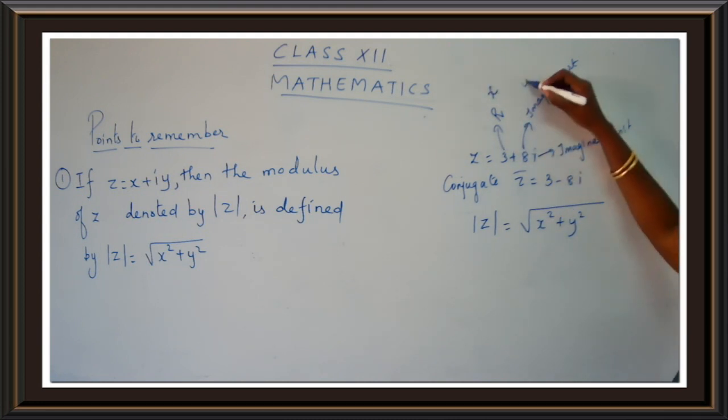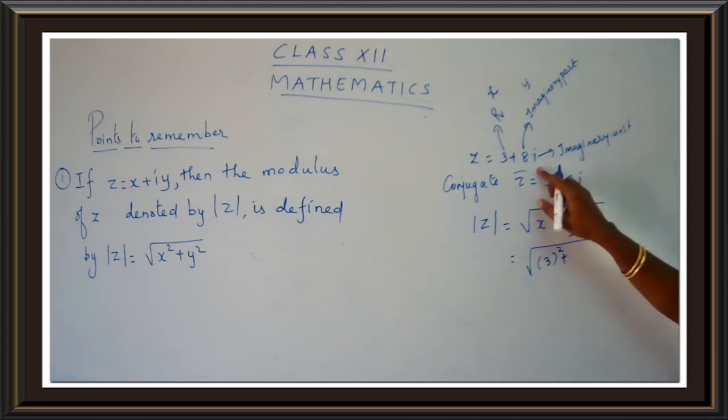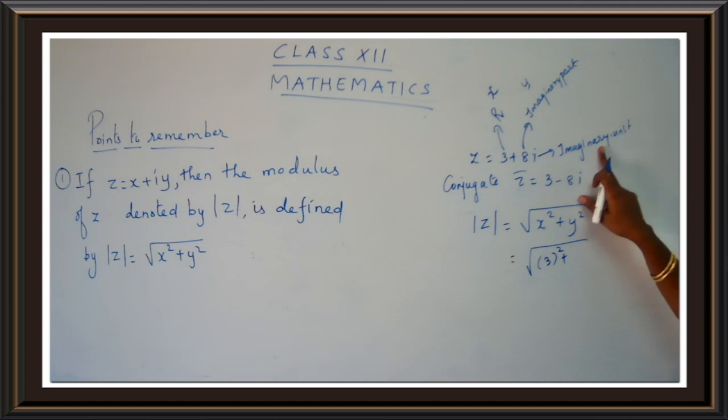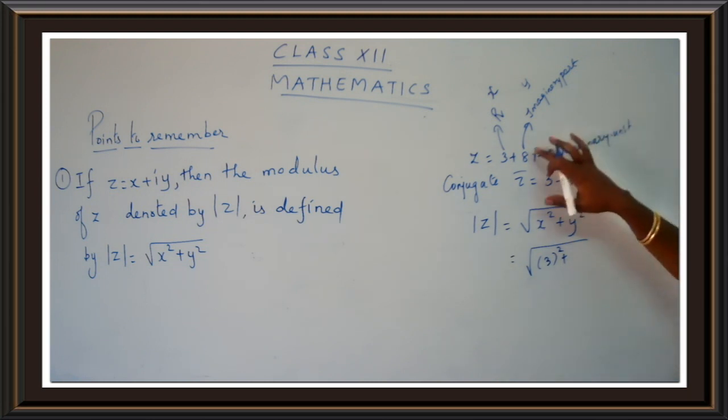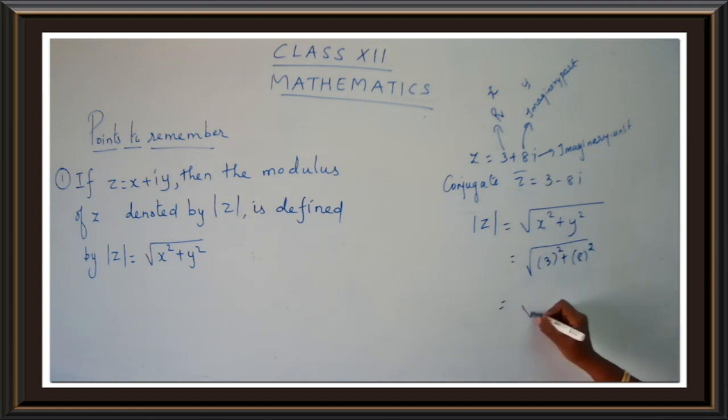So the question was 3 plus 8i, the z is equal to 3 plus 8i. So we have to write down the value for x and y. Okay children? So what is x? It's 3. So 3 square plus y. What is y? Do not take i, I don't want i. i is an imaginary unit. We are not going to focus on i, you are going to focus on only the imaginary part, that's 8. So 3 square plus 8 square, so that's 9 plus 64. 8 square is 64. So what is the answer?